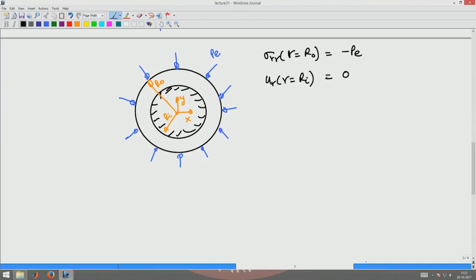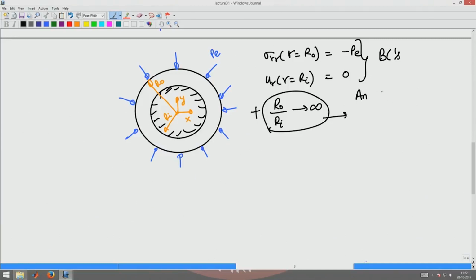Okay. Now, after setting this to be 0 and using this boundary condition, I can look at the problem wherein R naught by Ri tends to infinity, meaning I have an infinite domain, the center of which is a rigid body. Okay. So, in that case, if I apply an equibiaxial pressure, that is the idealization that you get from solving this problem in the limit R naught by Ri tending to infinity. Okay. So, this boundary condition plus this condition gives us the solution for an infinite domain